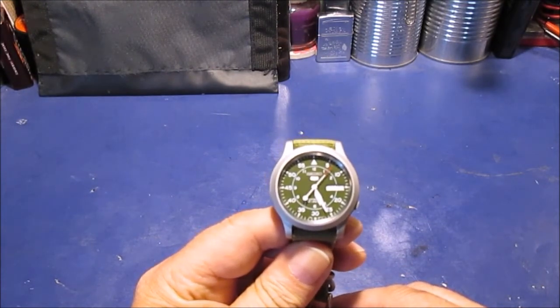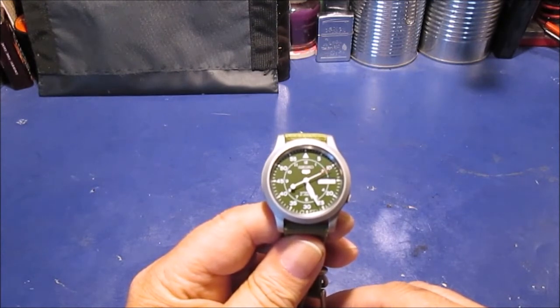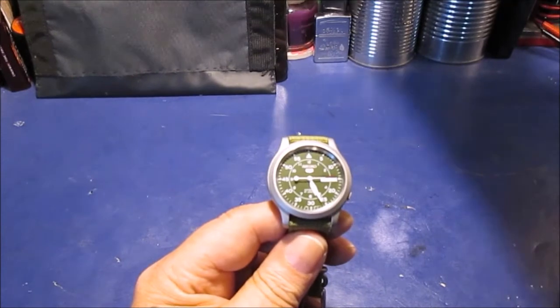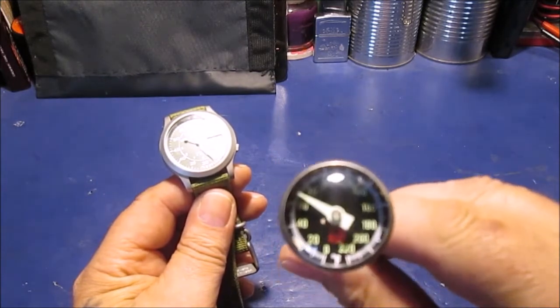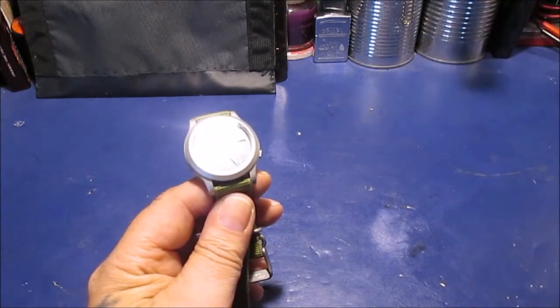The rest of this video will be me working on the oil sending and water temperature sending unit on my truck, and checking the temperature of what was coming out of it with this little thermometer I bought, and I'll show a picture of that. Pretty cool, glow in the dark. Found it at the dollar store. A little meat thermometer,